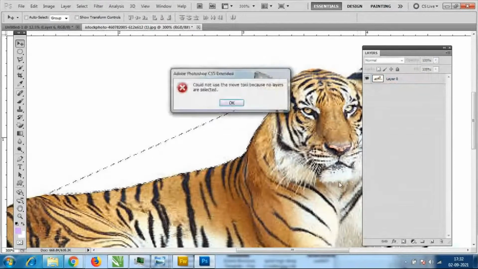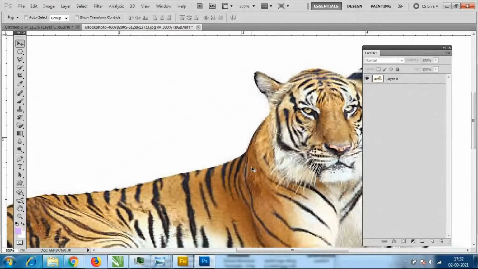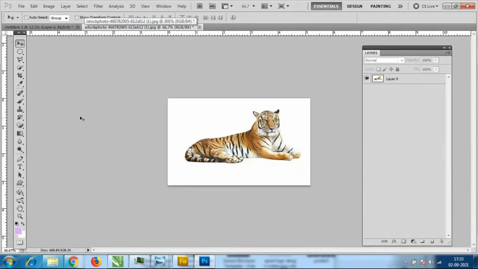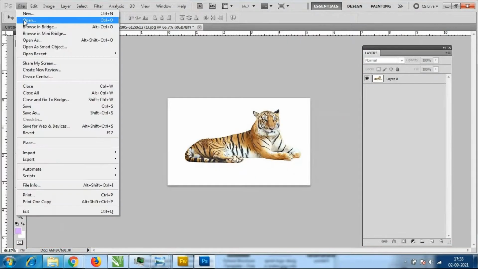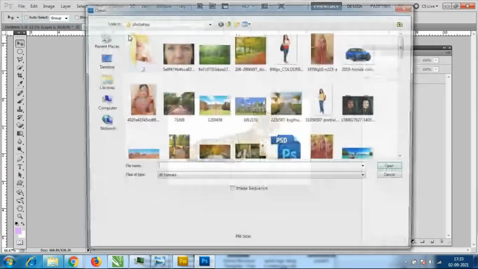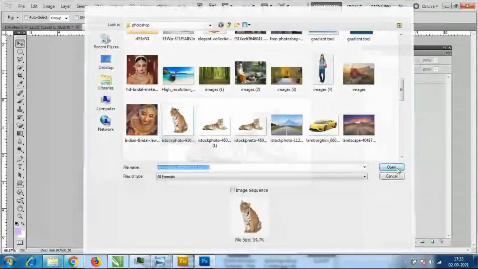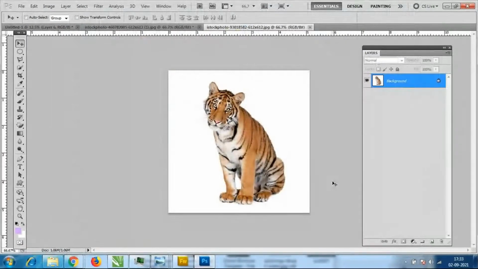Control D. So this time we have to look at these curve shapes.